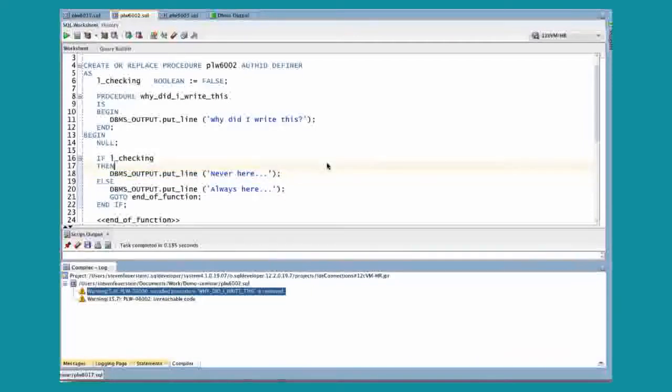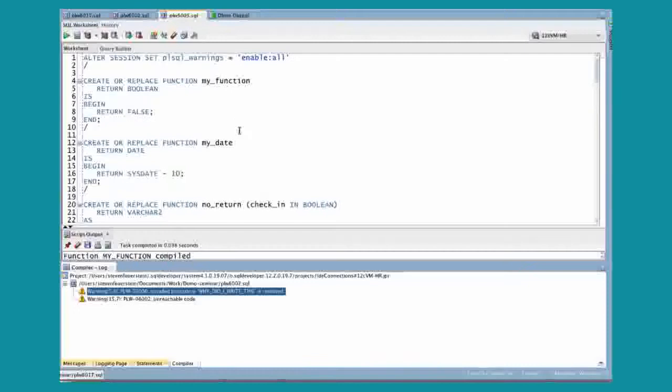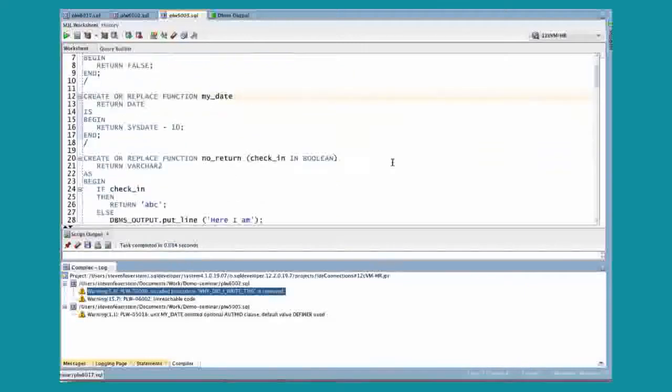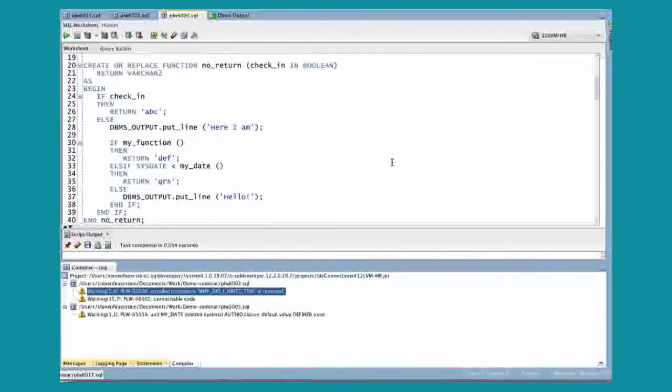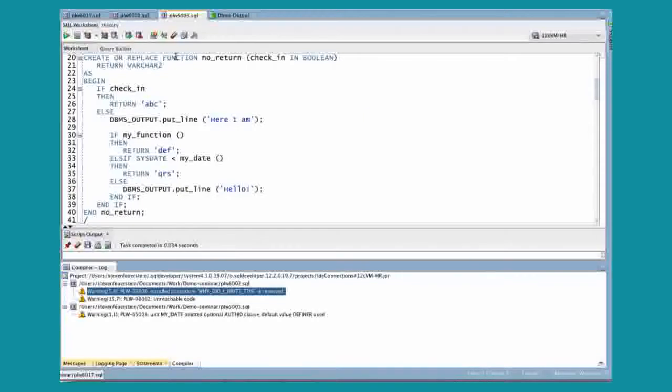Let's take a look at one more example of the kind of warnings that you can get. Then I'm going to show you how to set it up in PL/SQL Developer. We'll take a look at the error messages manual and sum up. So PLW-5005, this is one of my favorite warnings in terms of why it should be an error instead of a warning. So I'll show you how you can do that too. So I'm going to define a couple of functions. These are being called by my main function. And here's my main function, no_return, hint there. And when I compile this function,